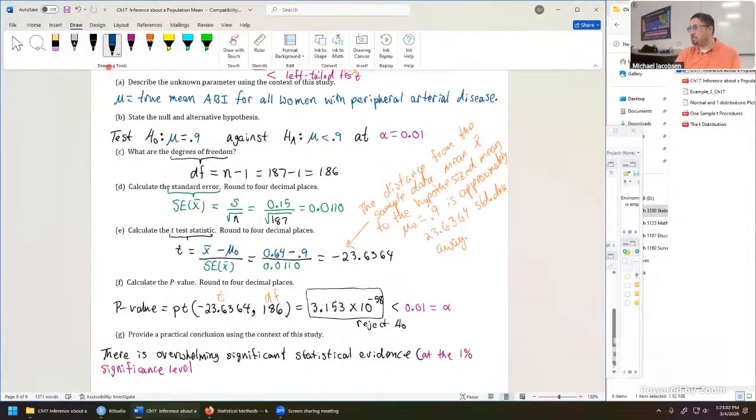the author of our book doesn't do this, curiously. So if you left that out, you wouldn't lose points. But again, it's kind of weird. We're very, very adamant that we put in the confidence level, but somehow the author doesn't decide that this is just as important. In my view, it kind of is. So I'll get in that habit personally, but I'll leave it up to you on how you decide to write out that part. So overwhelmingly significant statistical evidence at that significance level, that